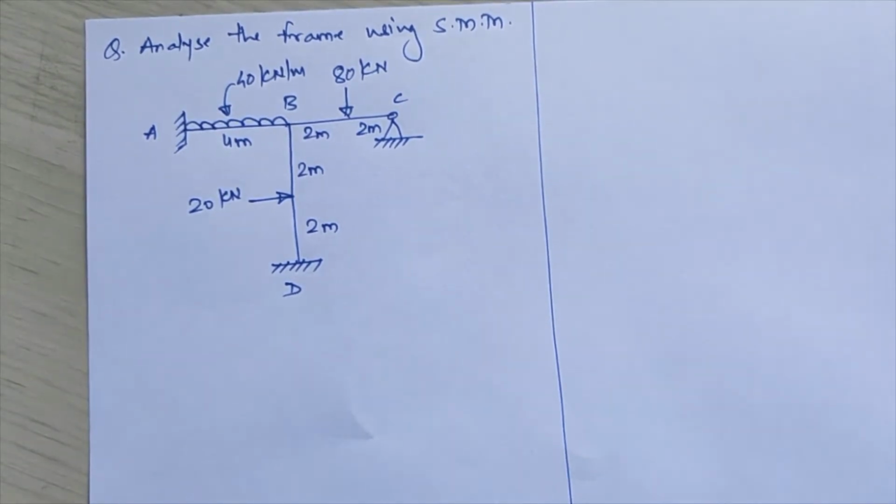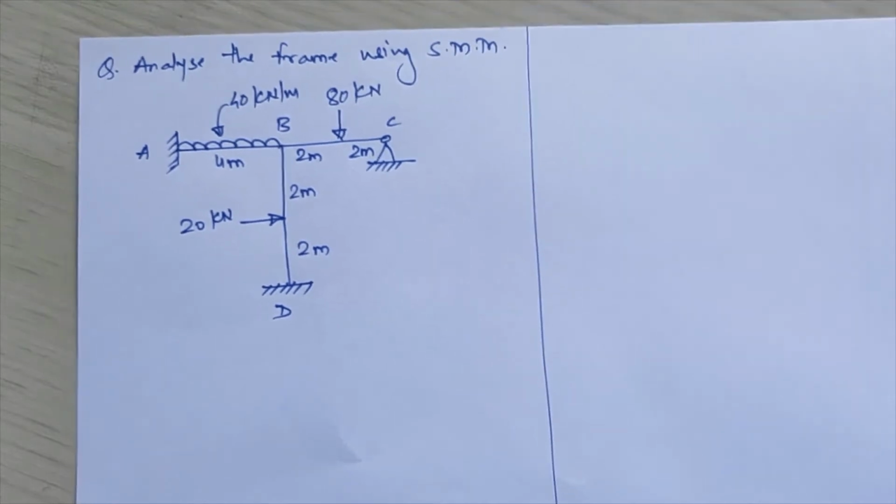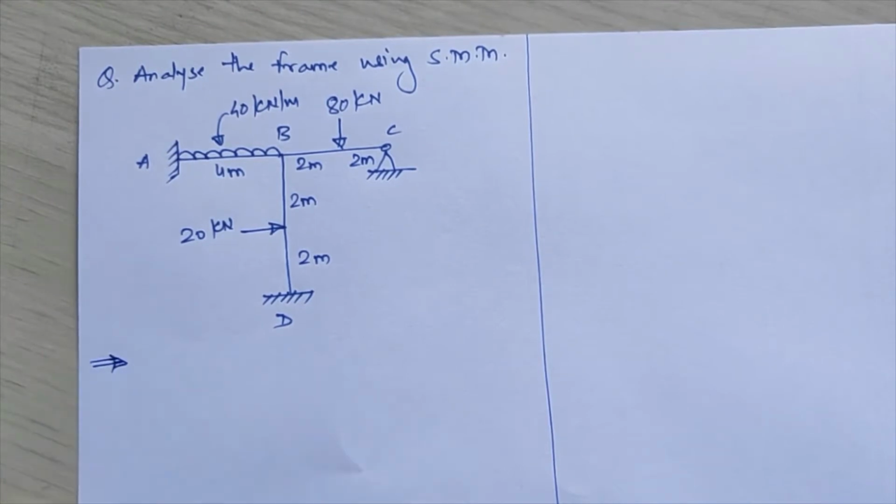For analysis purposes, the same analysis that we do for beams you have to perform for frames also, both in cases of non-sway frames and sway frames. Just certain assumptions, or certain notes I gave you yesterday in the last lecture, note number 1, 2, 3, you have to implement in this. So we'll be solving this numerical using the stiffness matrix method.